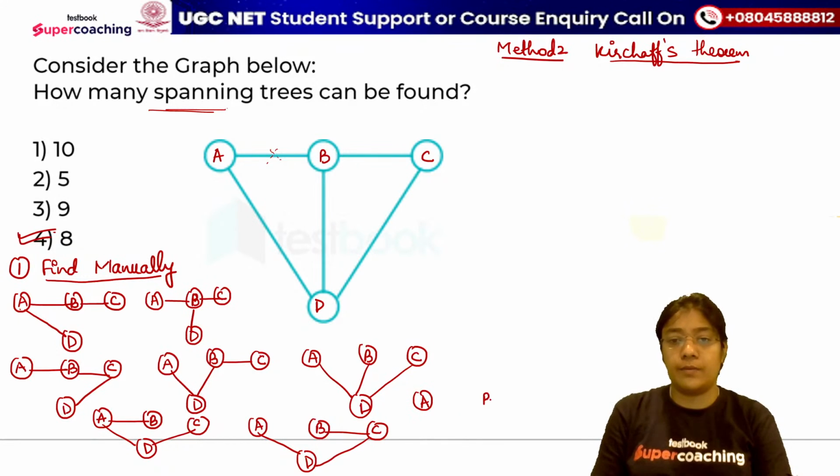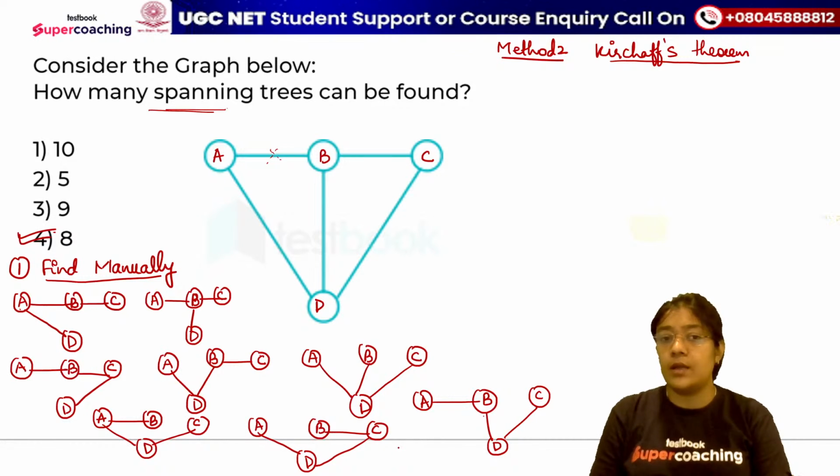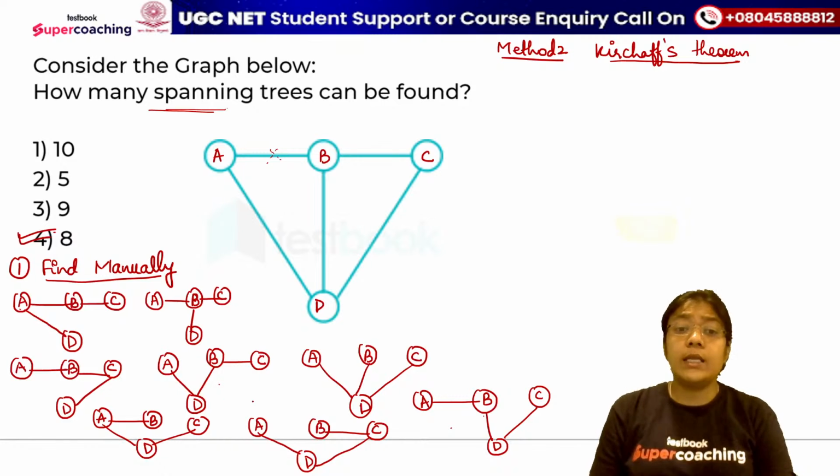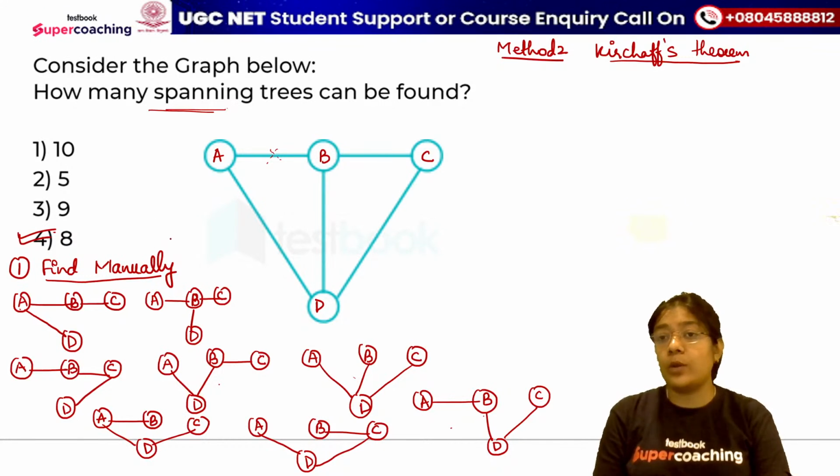A, B, D and C. Kind of confusing, right? आप देख रहे हो सिमिलर पैटर्न्स बन रहे हैं हमारे पास. सो वी आर गेटिंग हियर 8 स्पैनिंग ट्रीज. दिस इज वन वे. आप मैनुअली फाइंड कर रहे हो, बट हमें इससे बेटर कोई थ्योरम, कोई मेथड चाहिए, कोई